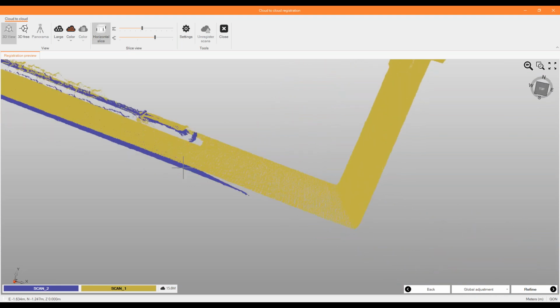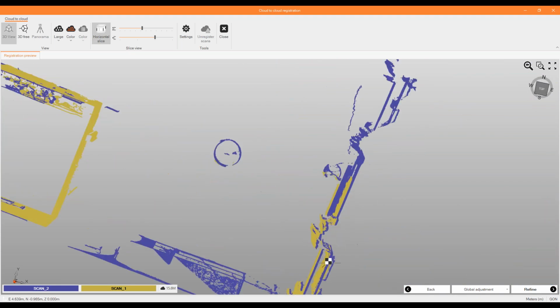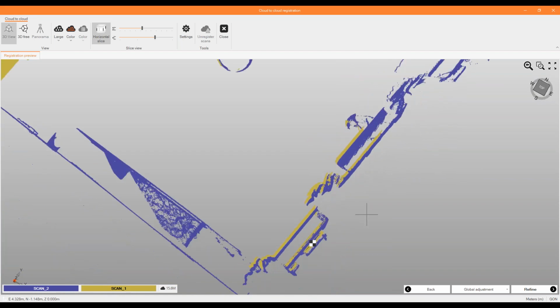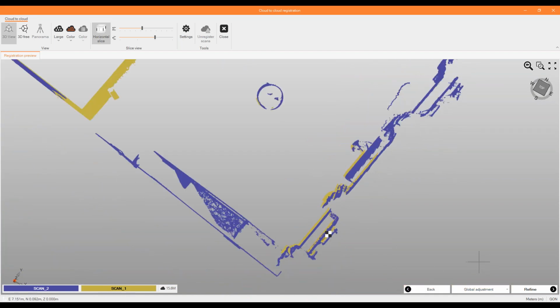So here we have some error. And now we have two different methods to recalculate, also to adjust the position. Global adjustment, which will use the tie points between the 2 point clouds, or keep the adjustment by points, so by the 3 points selected. I will use the global adjustment, refine,